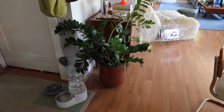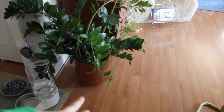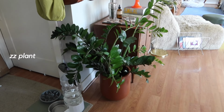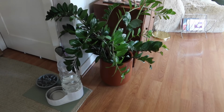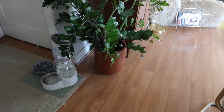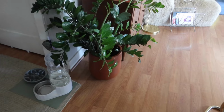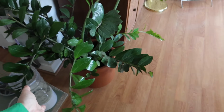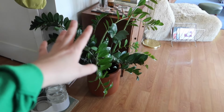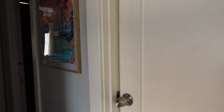And then this is another floor plant. I love to have some on the floor. I love this planter. This is from the Sill, so is the plant. It's a ZZ plant. This thing has grown so strong and so big over the last few years. I love the waxy look of the leaves. I love the planter. I know I already said that, but I think it looks great, especially with our style. It's very sleek. This is kind of like the entryway plant. You'll definitely bump into this. It gets a lot of traffic going by it, and I love how it spills out over the bar cabinet. We won't go into the bathroom because no plants will survive in there because it is dark AF,